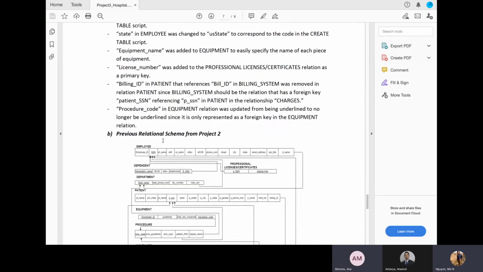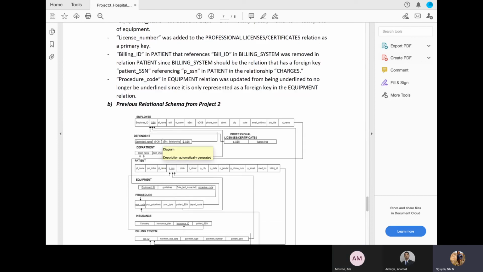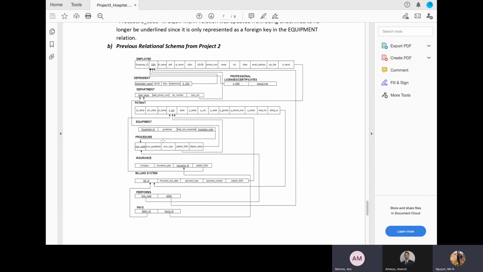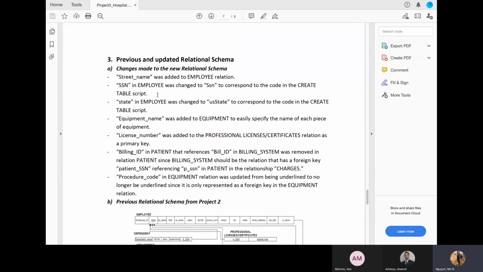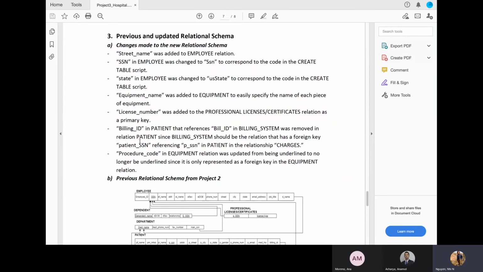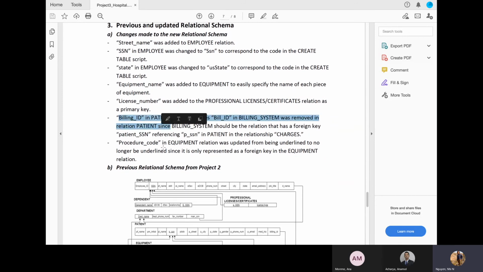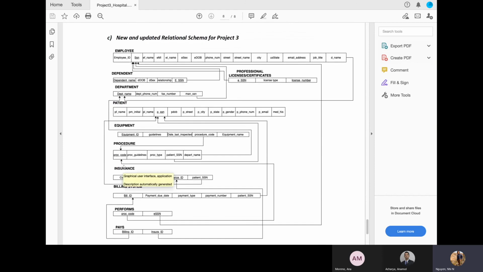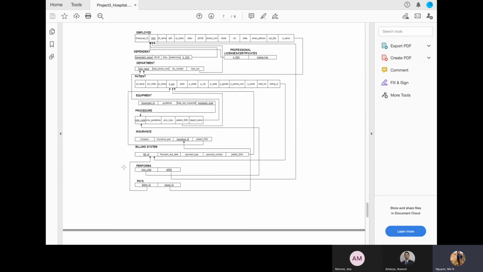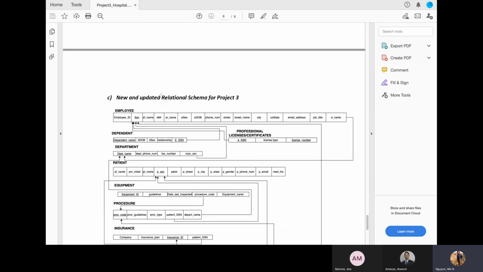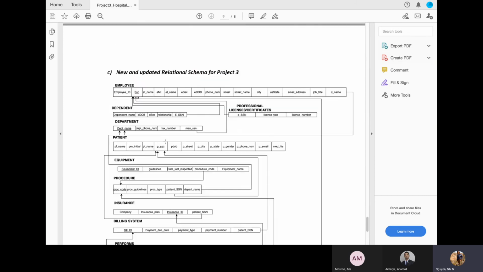So we also changed a little bit in the relational schema. We were mainly adding some of the stuff we added in the ER diagram back to the relational schema. So for example, here's the previous one, and here is the new one that we added. So let me see here. They mostly remain the same,